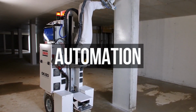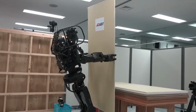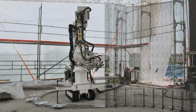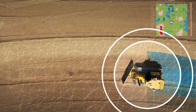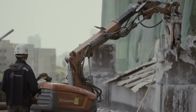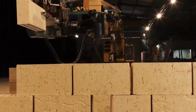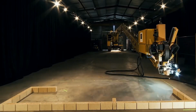Automation is revolutionizing industries across the board, and construction is no exception. Robots are now being used for tasks like bricklaying, concrete pouring, and even on-site inspections. These robots increase efficiency, reduce human error, and improve safety by taking on some of the most dangerous tasks on a construction site. With the use of robotics, construction sites are becoming more automated, leading to a faster project completion